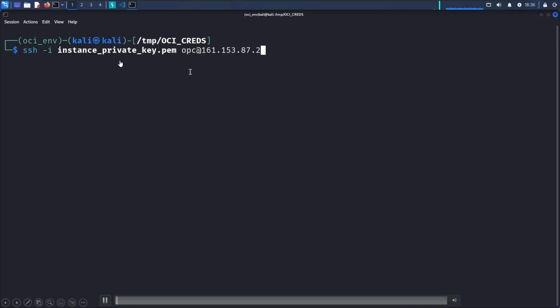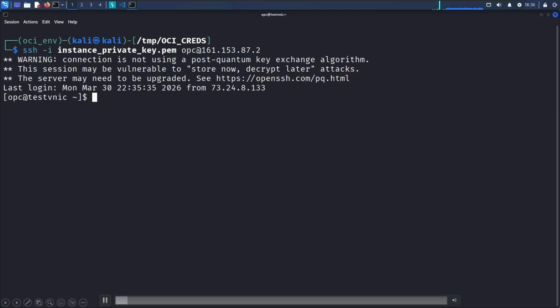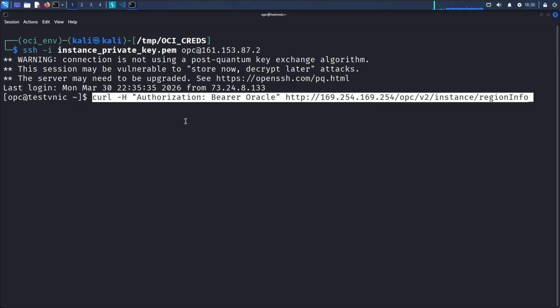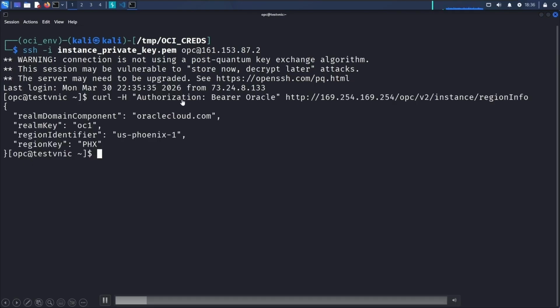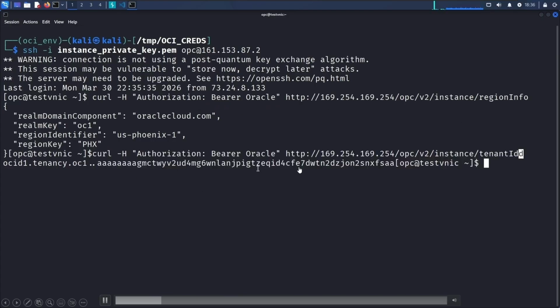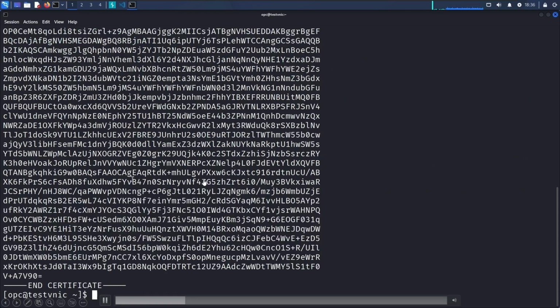So this is just an example. I set up a compute instance in OCI. I'm going to SSH into it, and then we're going to hit the IMDS endpoints, which, if you're from AWS or GCP, you're probably familiar with. You have to add this authorization bearer Oracle header for IMDS version 2, but you can see once I start hitting this IMDS endpoint, I can pull back the tenant ID and region info about where this instance is. The big things we're going to want are the certificates, the ones used in the background when we authenticate as that compute instance.